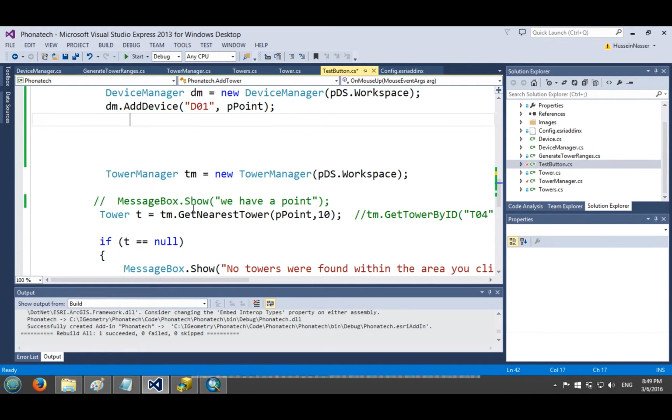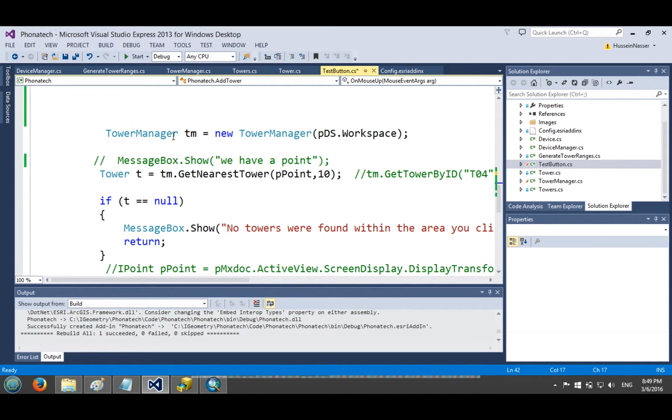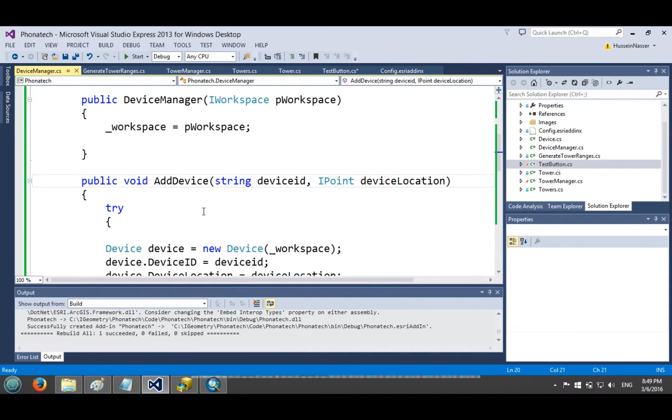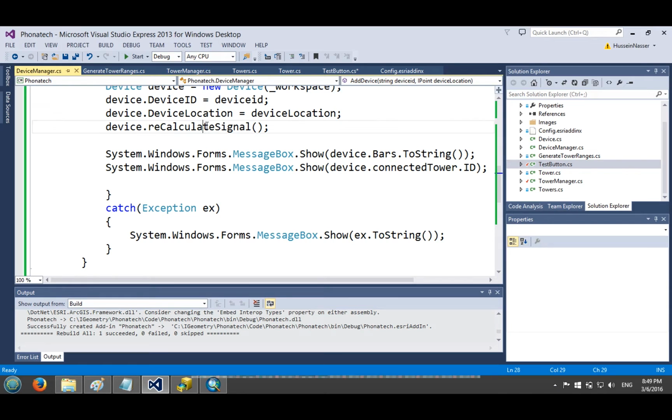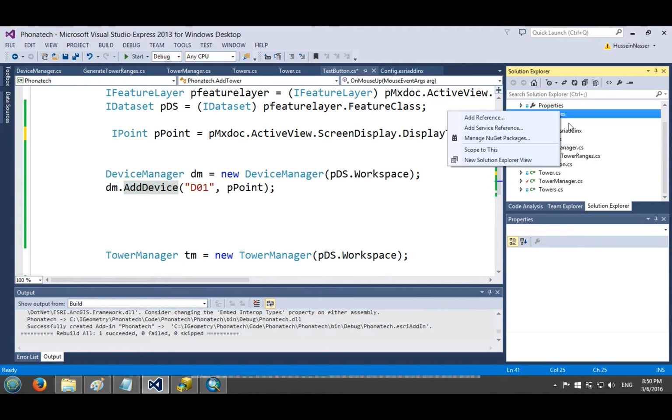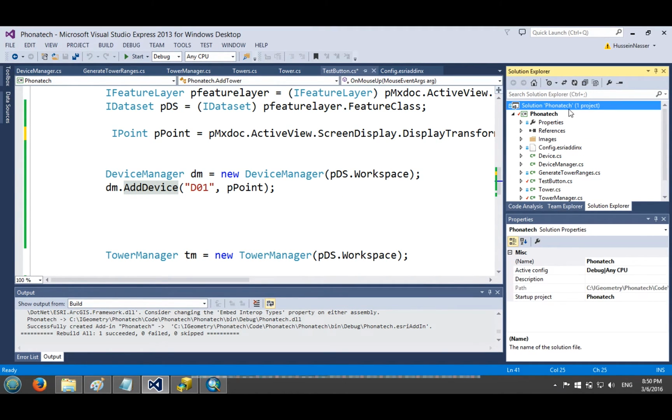So if there's an error, why didn't we see anything? So I want to recalculate the signal, but I was expecting a message here at least, because I'm calling the add device, which creates an object of device and then creates all these things. So I'm not sure if this is working or not, so I'm gonna add another